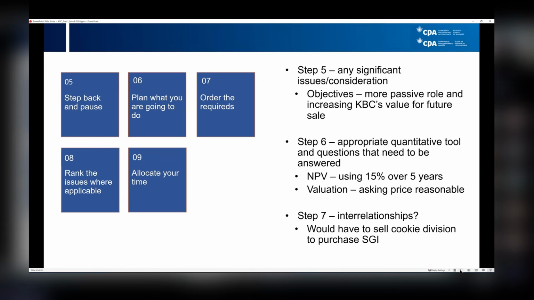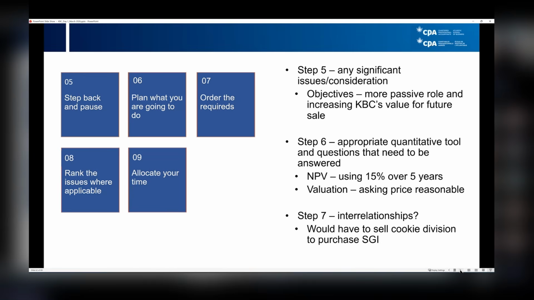And you always need to comment on whether the asking price is reasonable. Now, what order should these requirements be done in? Well, that's dictated by, first of all, is there any interrelationships? Is there analysis and a recommendation of one required that's going to impact another? Well, we first need to look at the cookie division, whether we're going to recommend to go into and produce organic cookies or to sell the division, because that needs to be decided